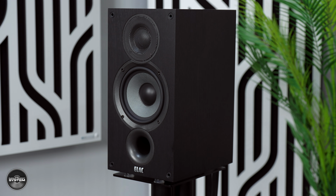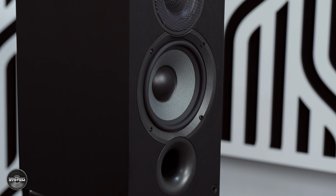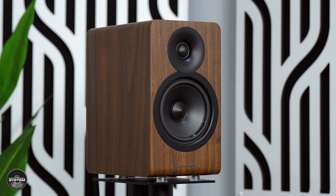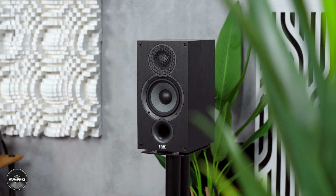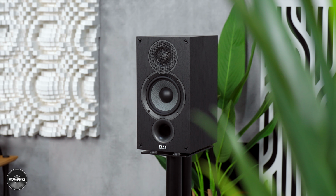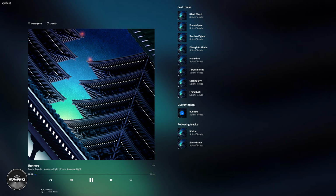The bass is tighter and smoother than the Q Acoustics, but there is not as much of it. But it does sound more extended and even smoother than the AE100s, but the AE100s sound punchier in some music. So that means Gregory Porter's voice is a little more convincing on the Elac compared to the Acoustic Energy, but listening to Runners by Soichi Terada, which is what I would call audiophile electronic music, the bass is more fun